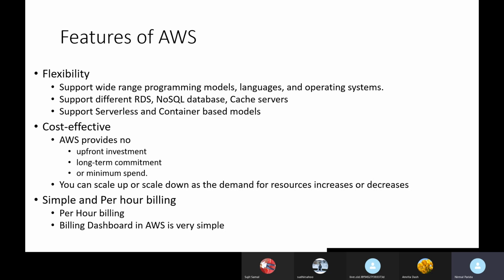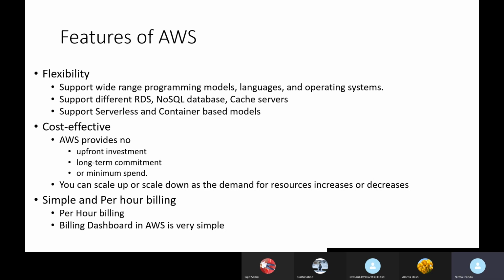So you need not worry that a language is not supported. They also support a wide range of database servers, NoSQL servers, and cache servers. They also support serverless and container-based models. For container-based models, they support ECS, Elastic Container Service, as well as the Kubernetes service.